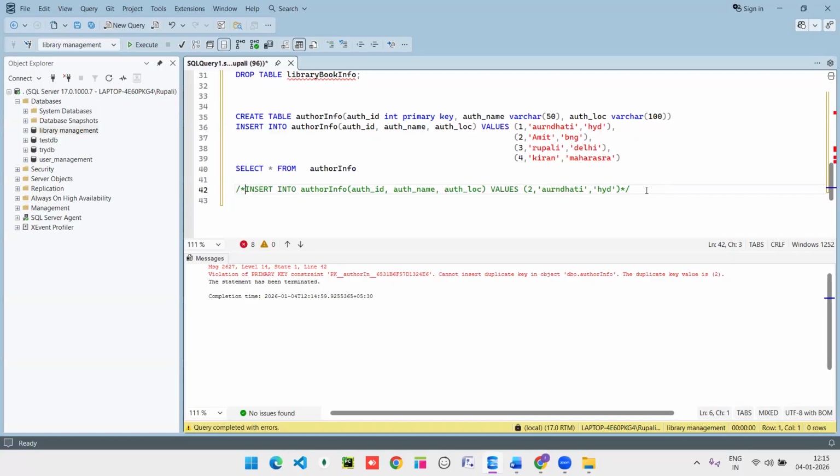Now I will create another table that will contain the foreign key. Foreign key means whatever ID is there in the other table, some of these IDs will be there in the another table. That means the other table will take the reference from this base table. This is the parent table. So here